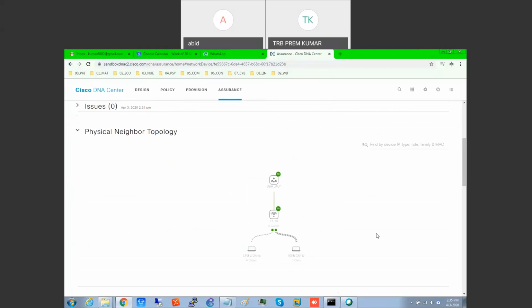Is it clear? Yeah, very much. So this is called access point and distributed. You can see the access points and the WLC. Okay, you can go and see deeper on this.